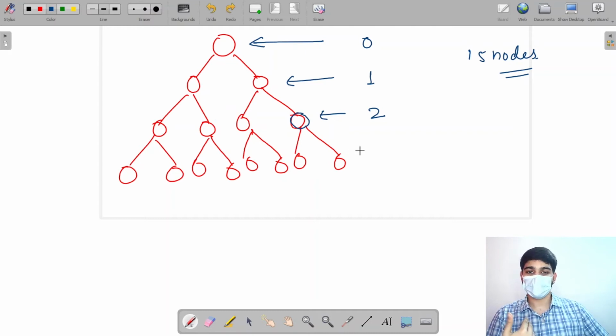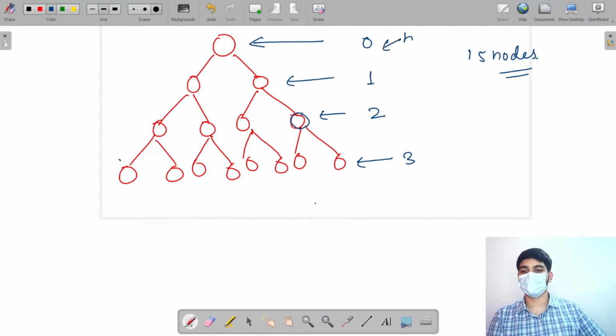So for this particular level, as there are 8 nodes over here, all of these 8 nodes would have a time complexity of about 1, 2, and 3, right? So 3 is the height. So these are just heights, right? So what I can say is for the very last level, for n nodes, if n is equal to 15, there are at least n by 2 nodes present in my last level,